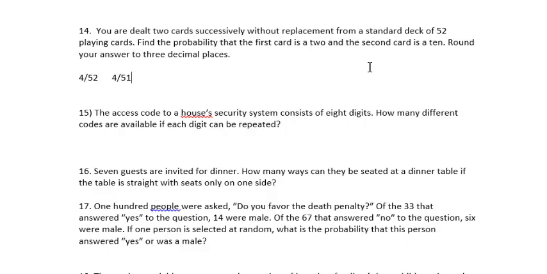So the probability of these two events happening is the top multiplied by the bottom. Now the 4 times 4 is 16, and 51 times 52 equals 2652. So it's 16 divided by 2652. And if you divide this, it asks you to round this to get a decimal. So if you divide this, according to my calculator, you get